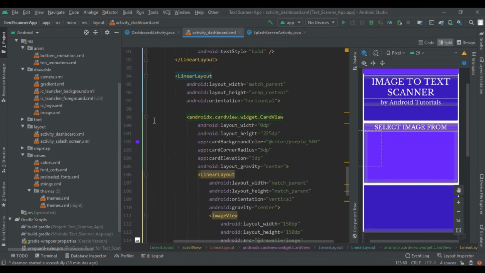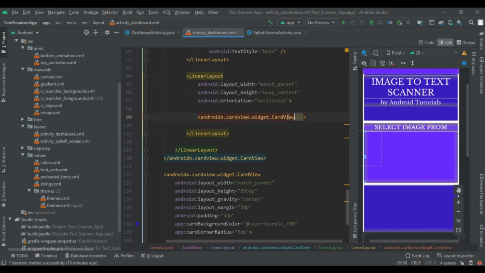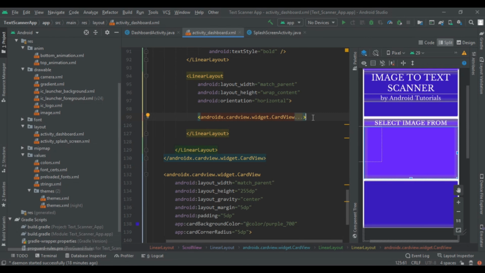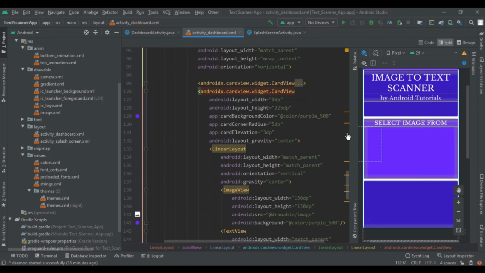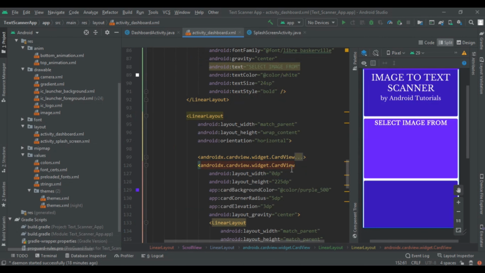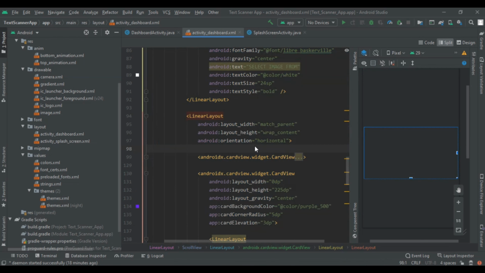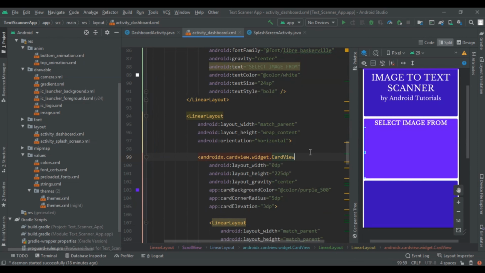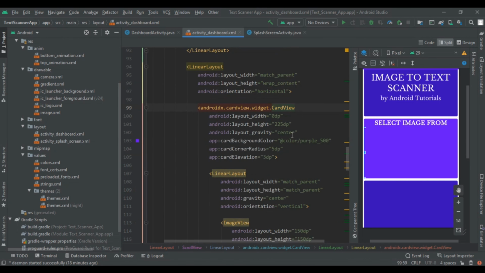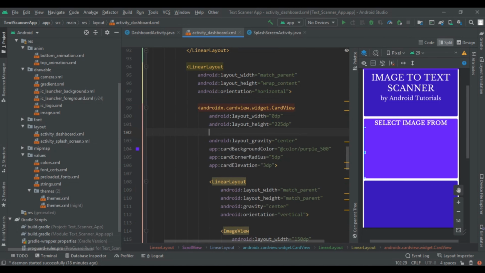So to see the preview we have to duplicate this same card. So now press Ctrl A and Ctrl Alt L to see the complete code. And here we had not given the weight, so give weight to be 1.